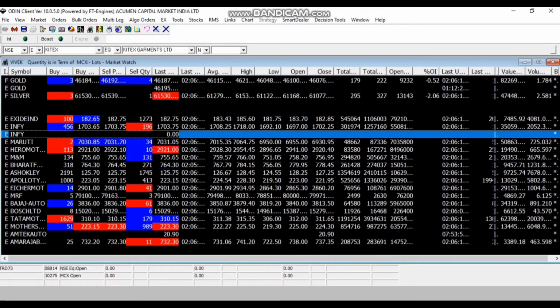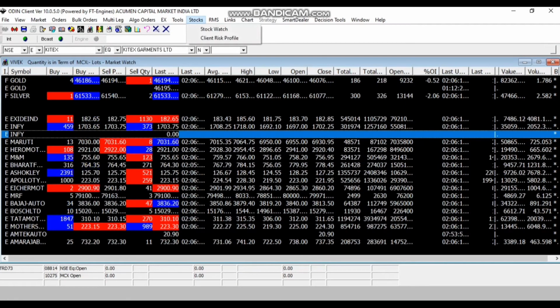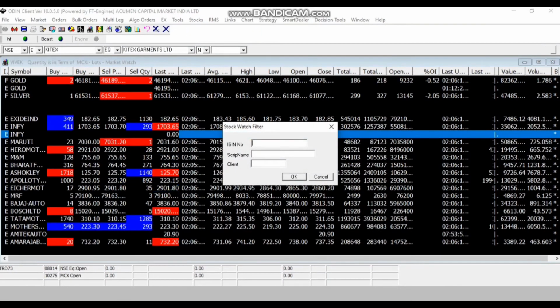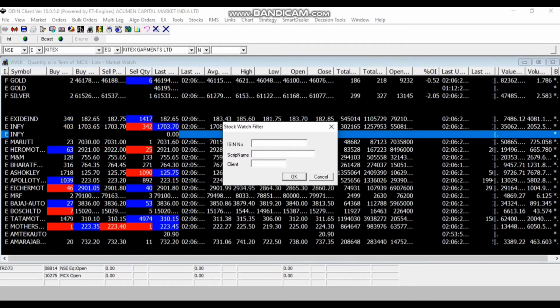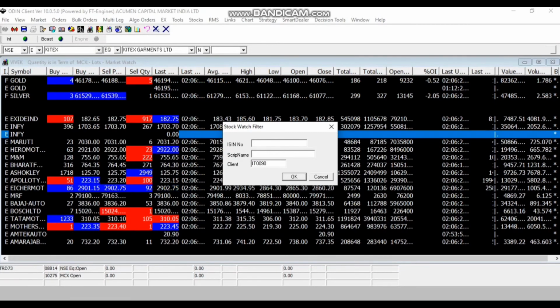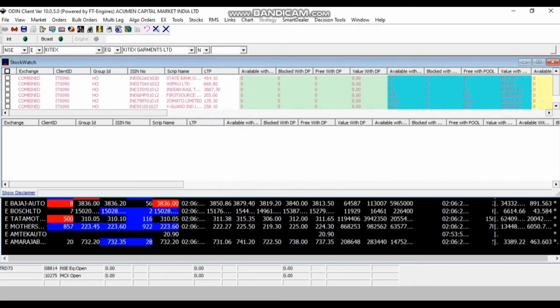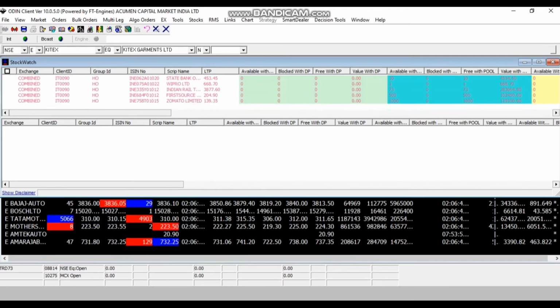Next is stock watch. Go to stock, select stock watch, give the particular client code and press OK. So you will get all the holdings. The advantage in this Odin is you get holdings as per your purchase price. Kindly note, the holdings will be shown with your purchase price, not with yesterday's close price.